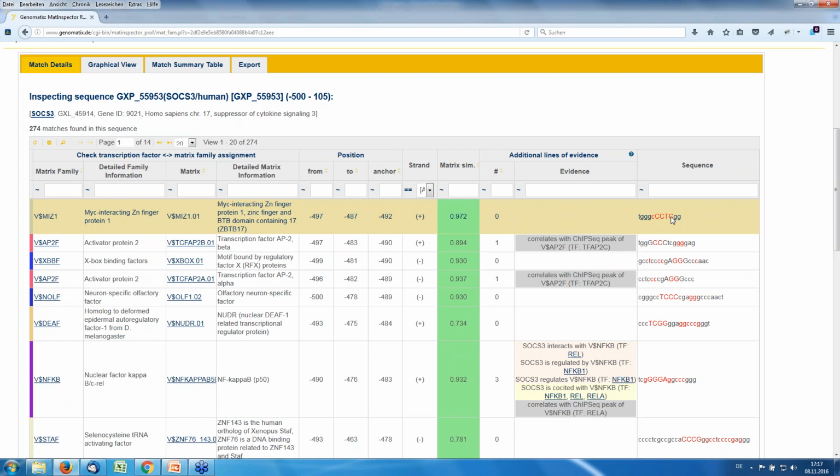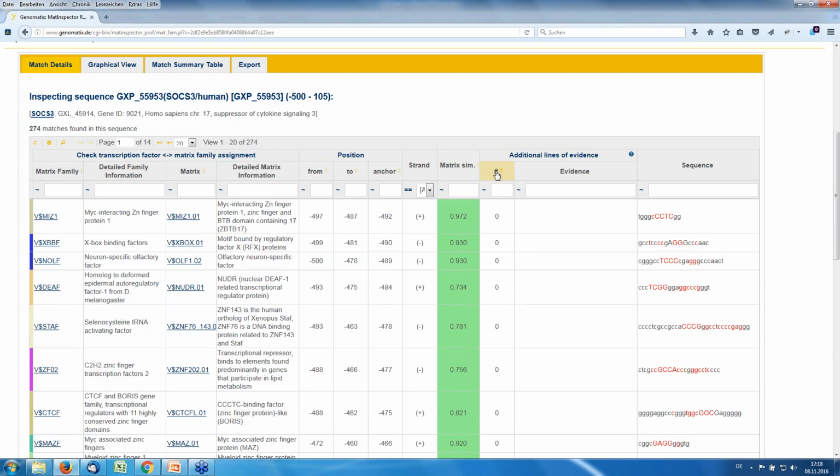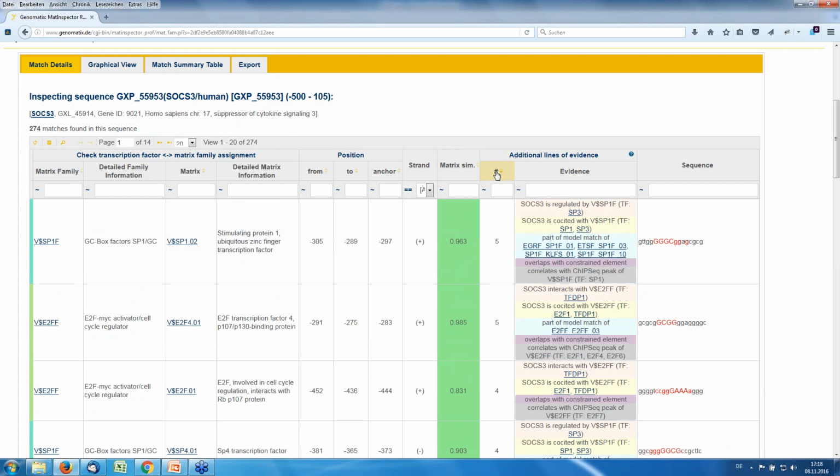Okay, now you can sort this list and you can filter the list. You can sort the list by clicking on one of the headers here. So for example, I want to sort the list by the number of different lines of evidence that I have. I click on the header. Clicking repeatedly will change the sort order. So if I click twice, I get the matches with the highest number of lines of evidence here. And this match here is an SP1F binding site, GC box factor SP1GC. This actually has 5 different kinds of lines of evidence,